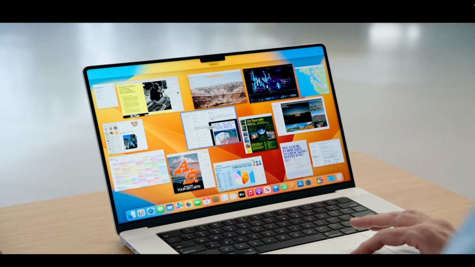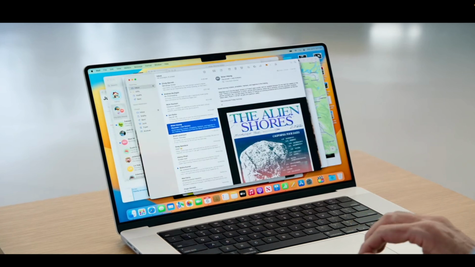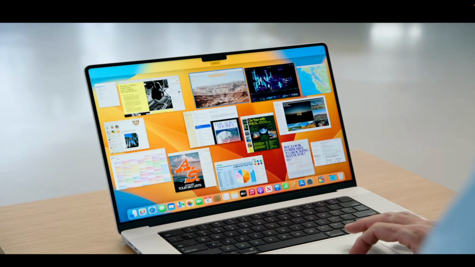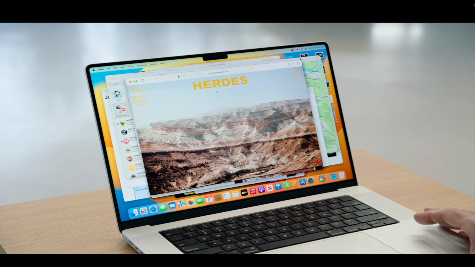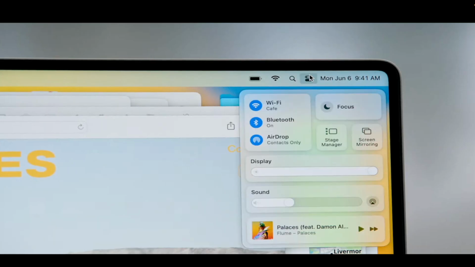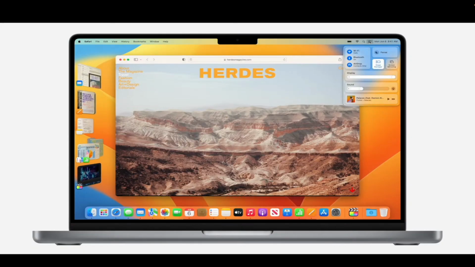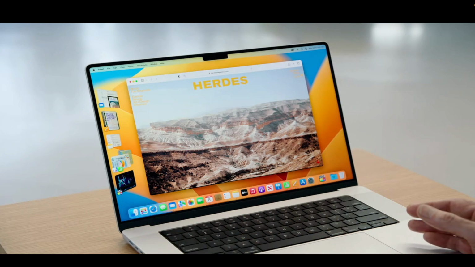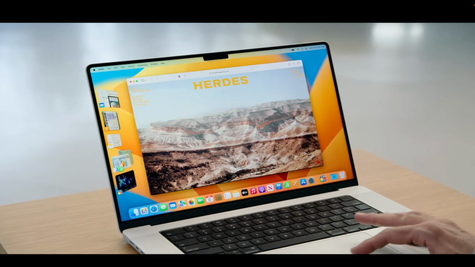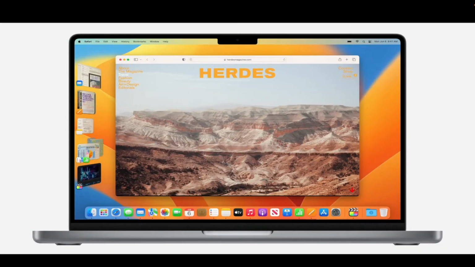Folders everywhere, windows everywhere, like everything is just going all over the place. So I think a feature like this was specifically made for people like me, and that's Stage Manager. You're able to see to the left of you a kind of dock of all the windows and apps that you have running, and you still have the multitasking or multi-window feature within the center of the Stage Manager. So you're still able to move everything around, but you're quickly able to pull other windows in or out